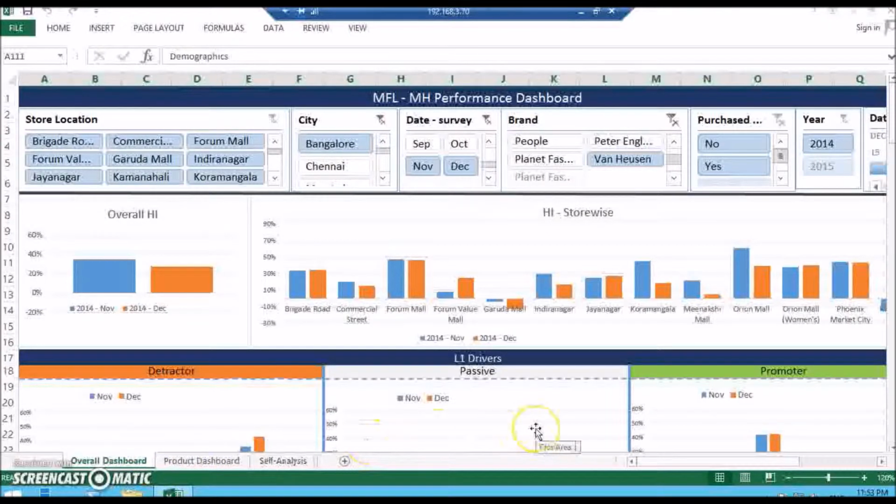The product dashboard helps us in deep diving into where the problem lies, in which product the problem lies, whether it's the men's category or the women's category, which is doing better, which is doing worse, and that kind of insights. And the self-analysis is for us to do more analysis apart from these data cuts. So basically it's an inbuilt analytical platform where we can use live feed data to analyze more